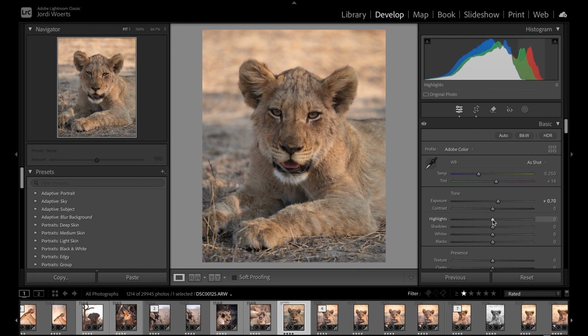We'll put the highlights slightly down. I'm going to put the shadows a bit up so that the eyes are a bit brighter. And then put the whites up too. I don't mind if we boost it quite a lot. And when I put the blacks down, you see that quite a lot of contrast, or like the lion is gonna pop out a little bit more, as you can see here. It's not a lot of changes, but it works.